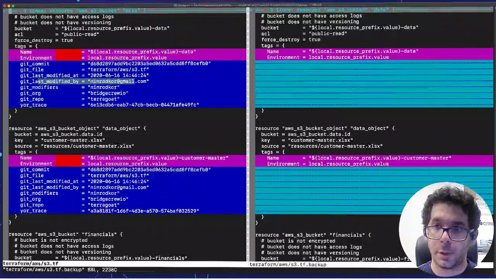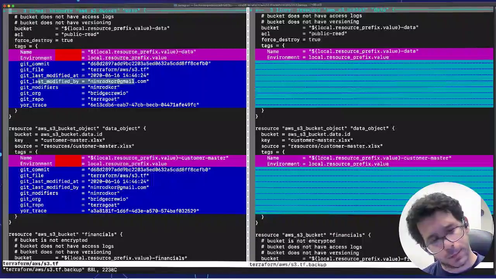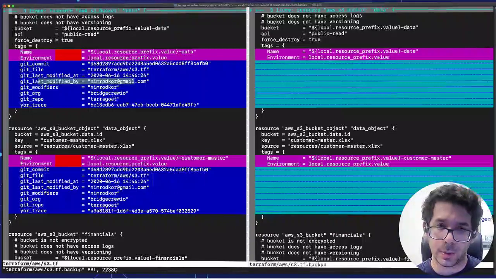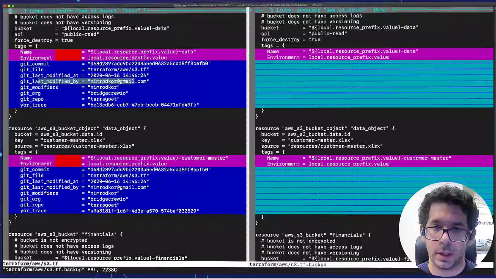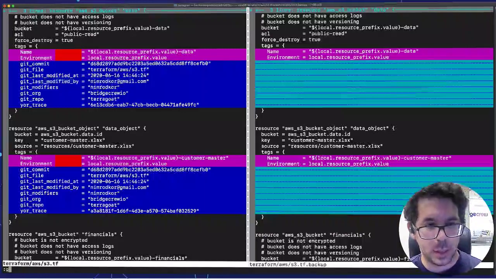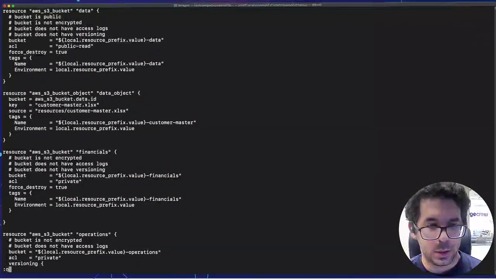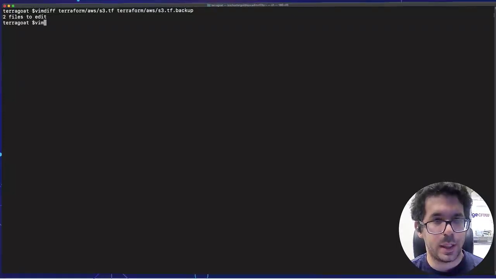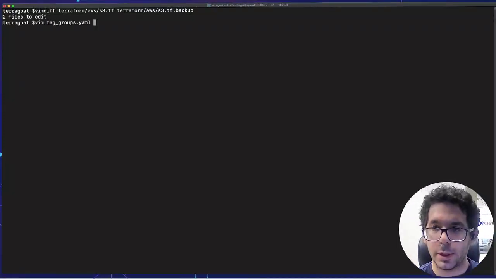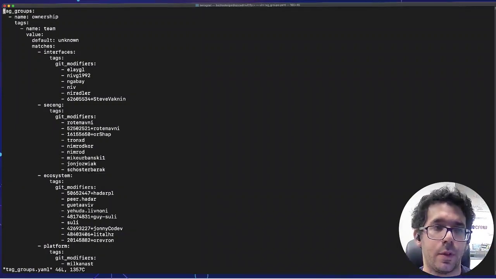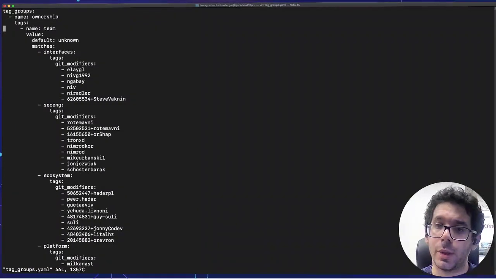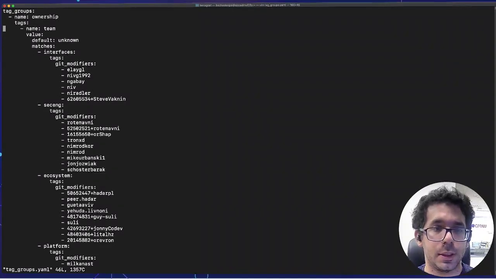Those different tags are great and enable me to understand which user has modified this resource, both in code and cloud. Now, what if I'd like to track not only the user, but the team that owns that specific resource? How would I define that? For that, I've defined a new file called tag groups YAML. This tag groups file has the concept of ownership, and I would like to have a team ownership tag